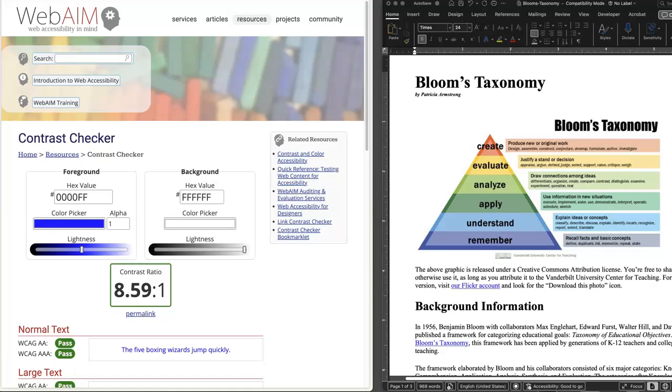This video demonstrates how to use the WebAIM, Accessibility in Mind, contrast checker. On the left side of my screen, I have a browser window open to the WebAIM contrast checker. It displays a foreground and background color, and it has a pre-selected blue foreground color and white as a pre-selected background color. It shows that the contrast ratio between these two colors is 8.59 to 1, which passes the normal